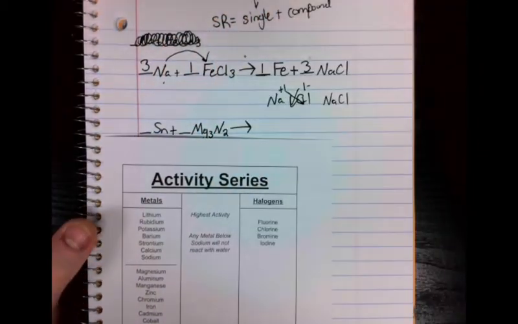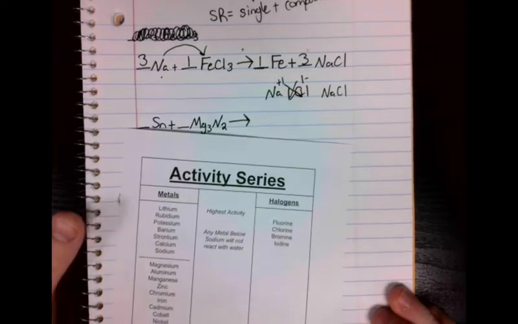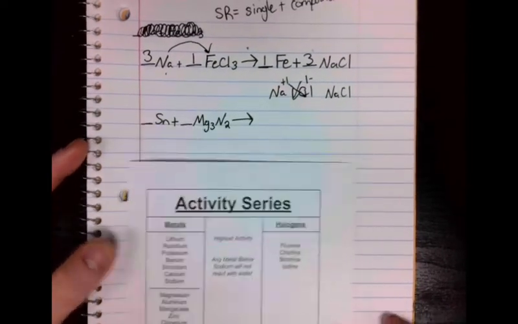We have 3 Cl's, so we're going to need a 3 right here. It means you need a 3 right there. Put our ones, and we are balanced. Okay, going to our next example, we have Sn plus